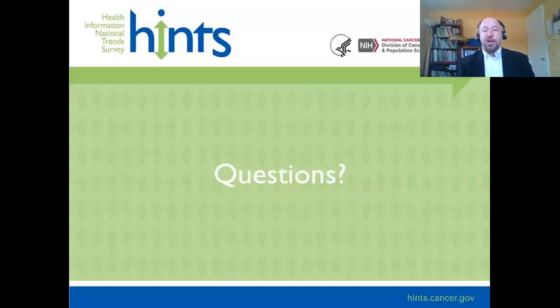As Ashley was talking about, how you do that is not particularly complicated, but it involves a couple steps. Again, she showed you some of the code to do that in SAS. And again, the reports that I'm alluding to will have much more detail about that. And we've been talking about ways to do that with more than just a couple of iterations of HINTS. So take a look at that. But we certainly encourage people to do these kinds of things.